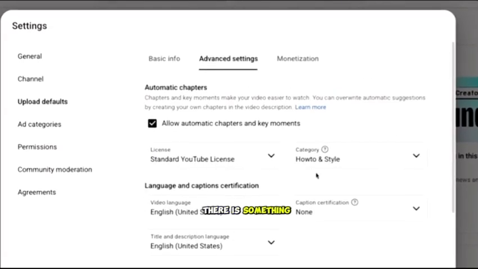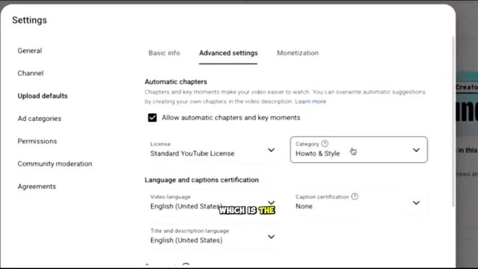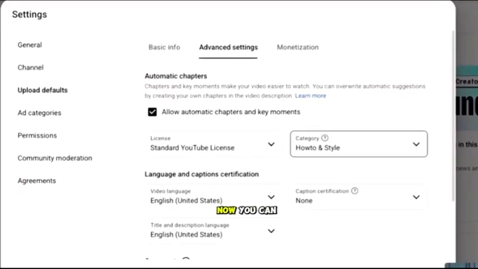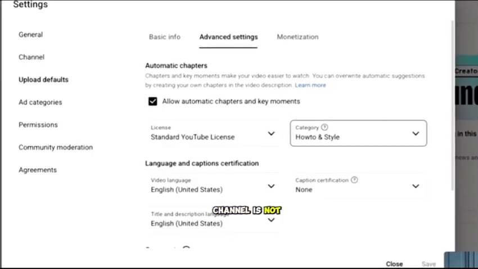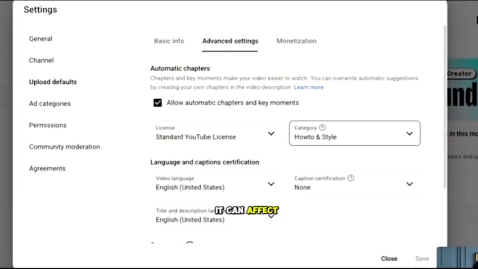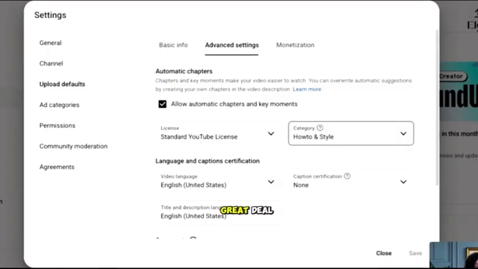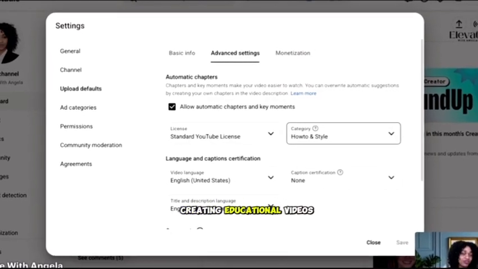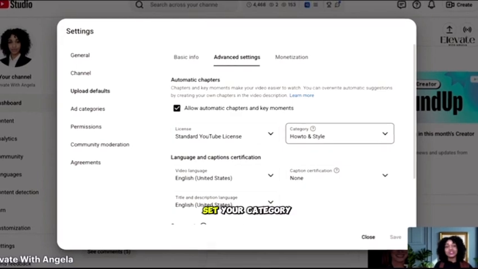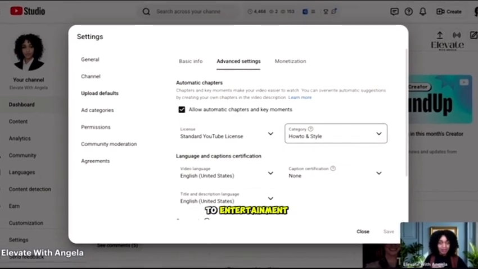Now, when you go to advanced settings, there is something I want to highlight here, which is the category of your channel. You can do all you want, but if the category of your channel is not correct, it can affect your visibility a great deal. Because imagine you creating educative videos